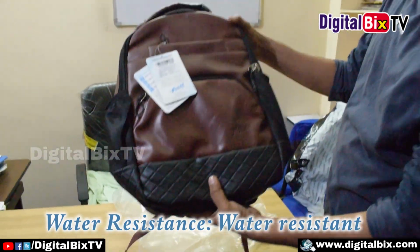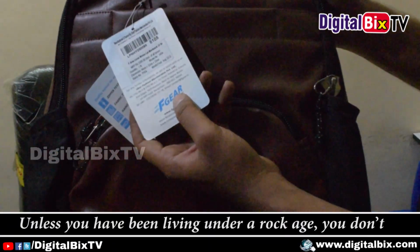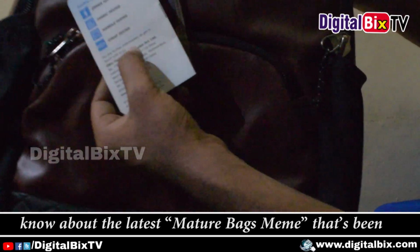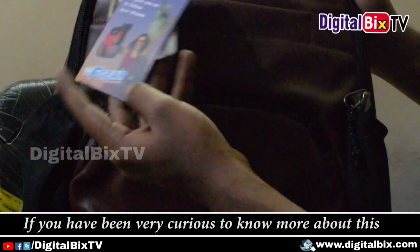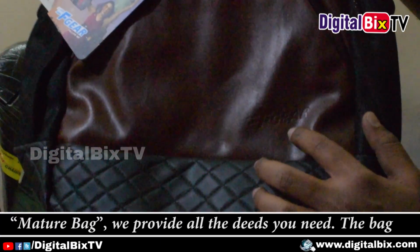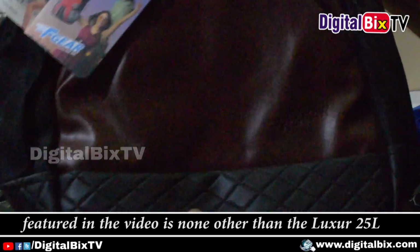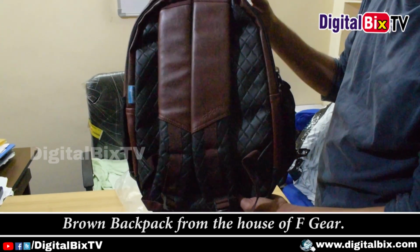Water resistance, water resistant. Unless you have been living under a rock, you must know about the latest messenger bags meme that's been doing the rounds on social media. If you have been very curious to know more about this bag, we provide all the deets you need. The bag featured in the video is none other than the Luxur 25 liter brown backpack from the house of